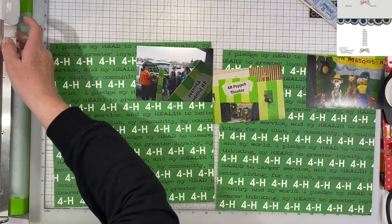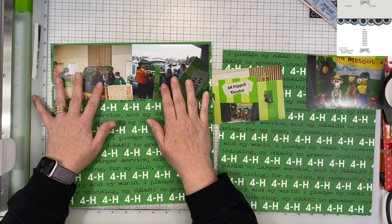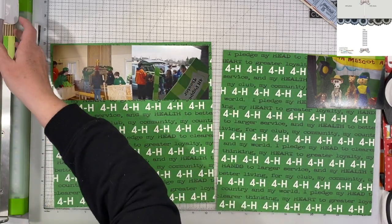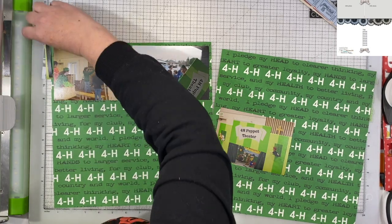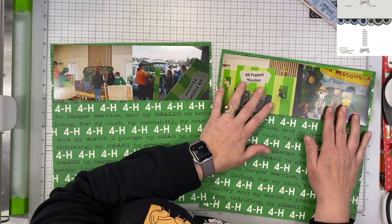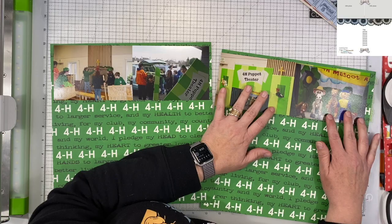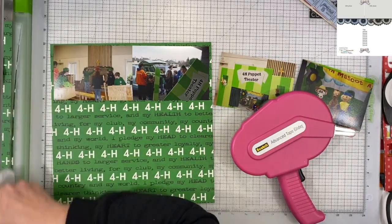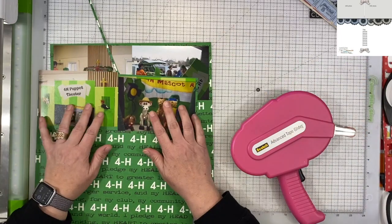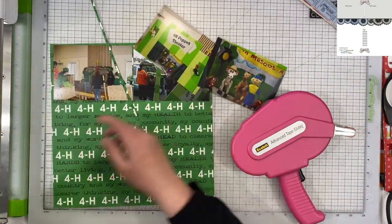So I started out with deciding that I was going to go with a double page, which is something I do most often with this Stretch the Sketch series because I know a lot of people still love double pages, and a lot of people have a lot of photos that they need to get on a page, and I too have a lot of photos that I need to get on a page, especially when I work with my photos from the